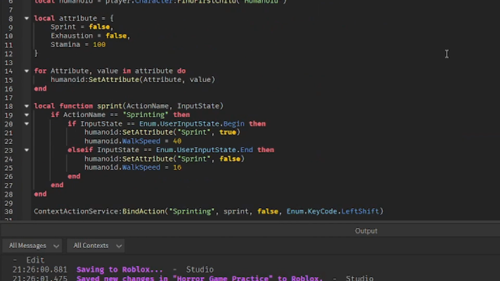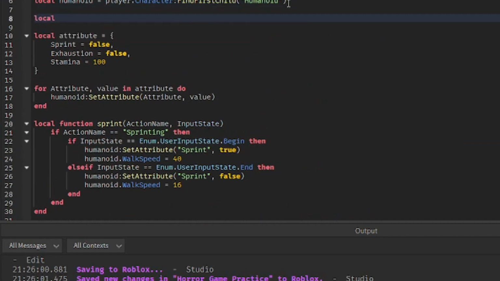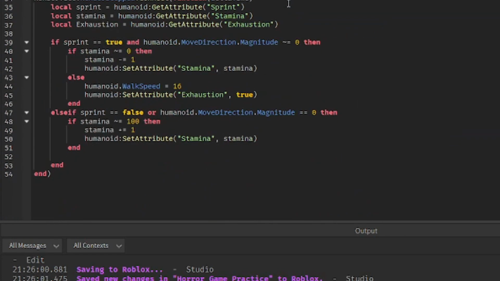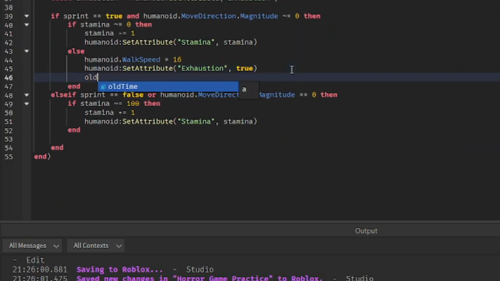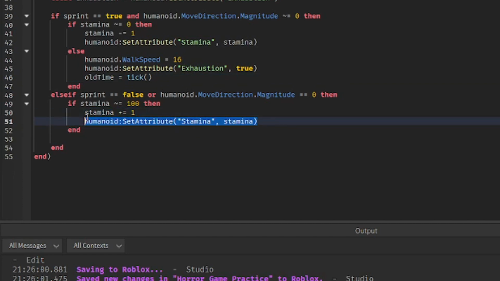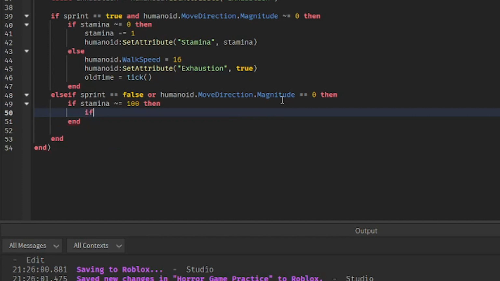We'd also like to add a new value, which is old time. And here, old time is equal to tick. Basically, we are saying that whenever the humanoid is tired, the old time, so the last time that it was tired, is equal to tick, which is exactly at that moment, the time at that moment. And here we're going to add a second parameter. So if stamina is not equal to 100, if,